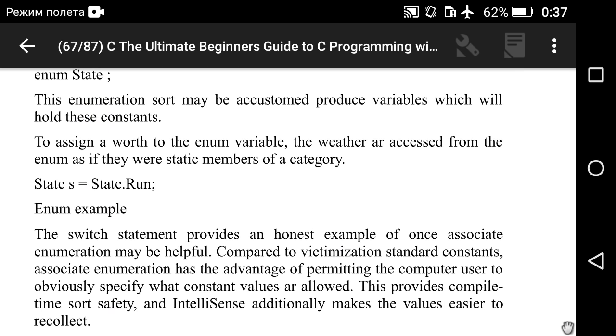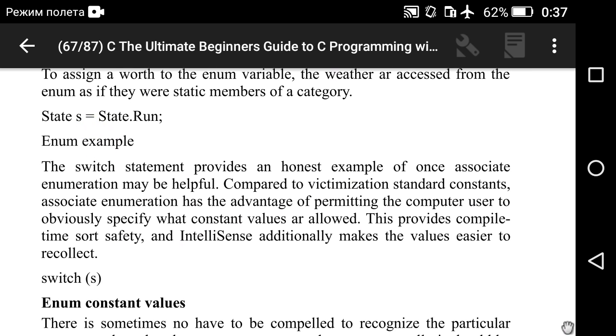Enum example. The switch statement provides a good example of where an enumeration may be helpful. Compared to using standard constants, an enumeration has the advantage of allowing the programmer to visually specify what constant values are allowed.